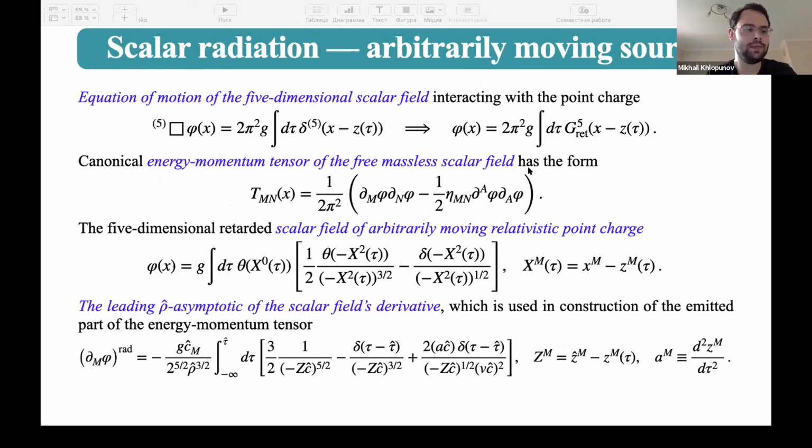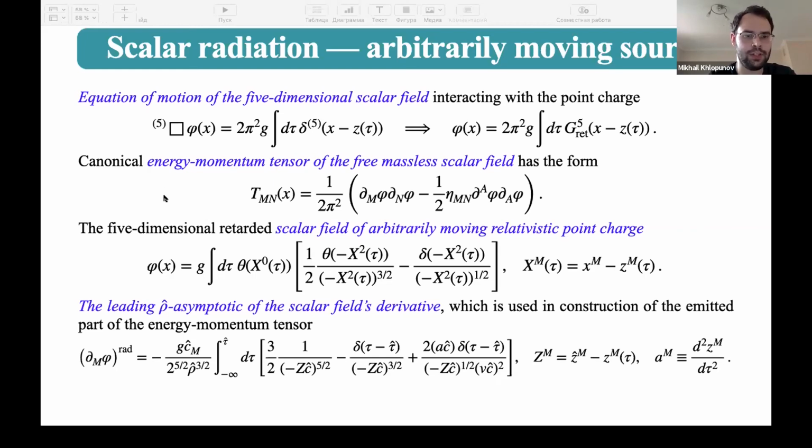Before calculating the contributions of point particles into the gravitational field, let us consider as a most simple but very instructive example the problem of scalar radiation by one point particle. The equation of motion for the 5-dimensional scalar field interacting with a massive point charge has a form analogous to the one obtained earlier, and its solution is given by a simple integral. In our calculations, we use the canonical energy momentum tensor of the free massless scalar field, which has a very simple form, and